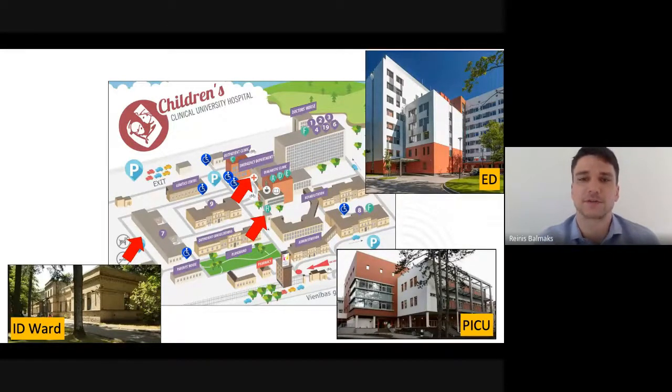This is a map of Children's Hospital in Riga. We have only one children's hospital in the whole country of Latvia. And it's an old hospital. It was built in 1899, and it's built in the fashion of the time. So it consists of several barracks and then a couple of newer buildings. So different wards in our hospital are in different parts of the park where the hospital is located. And the emergency department is in this 1970s tower. ICU is a separate building built in the 2000s, and the infectious disease ward is in a barrack built in the late 19th century,